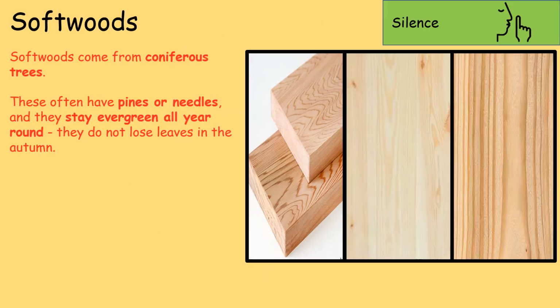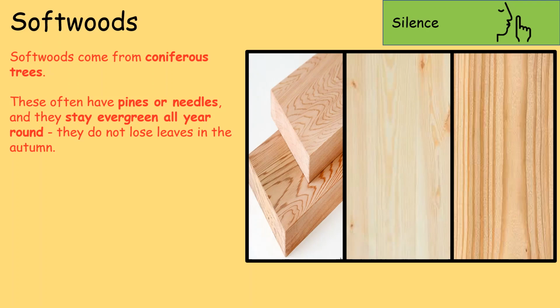Okay, talking a little bit more now about timber. So, softwoods. Softwoods come from coniferous trees. These often have pines or needles and they stay evergreen all year round. They do not lose their leaves in the autumn. That's the main difference. Please don't think that softwood is soft. It is not. The main difference between softwood and hardwood is that softwoods keep their leaves throughout the year,